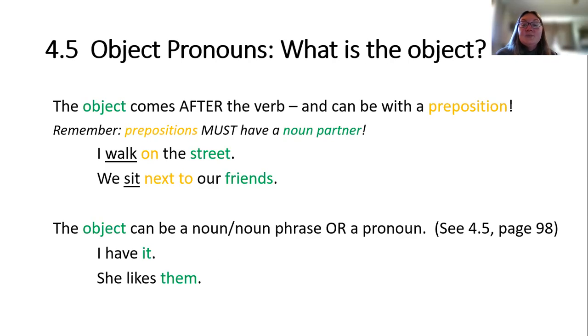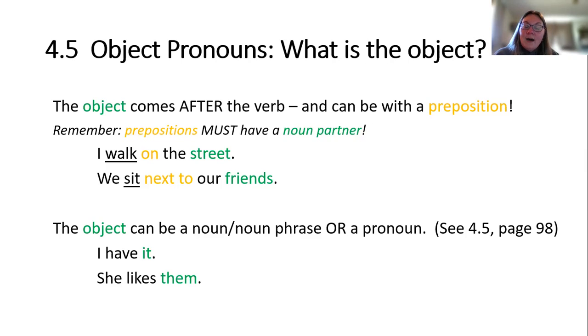And because we like to make things even trickier, sometimes we pair the object with a preposition. But you can kind of remember, this makes sense. Prepositions always need a noun with them. So that noun partner, sometimes that's the object of the sentence. For example,